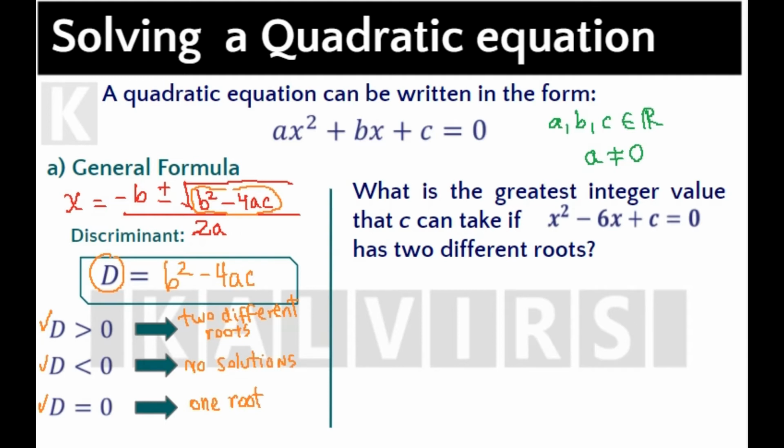Now, in the example on the right side, what is the greatest integer value that c can take if x squared minus c times x plus c equals 0 has two different roots? So, we want this equation to have two roots. So, it means that the discriminant is going to be a positive number, and the discriminant for this equation is